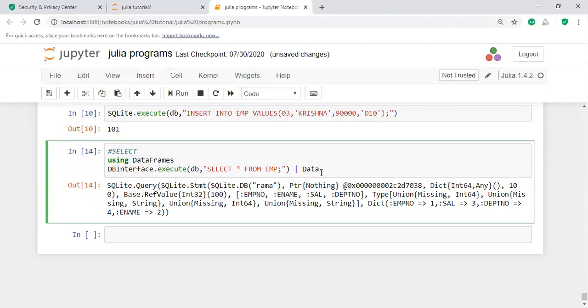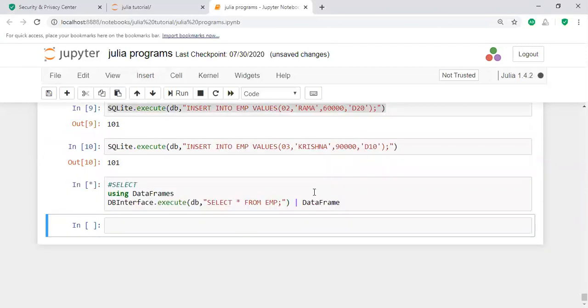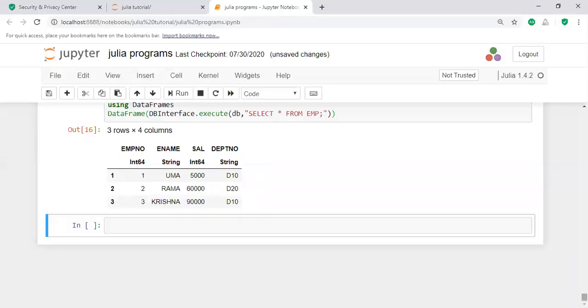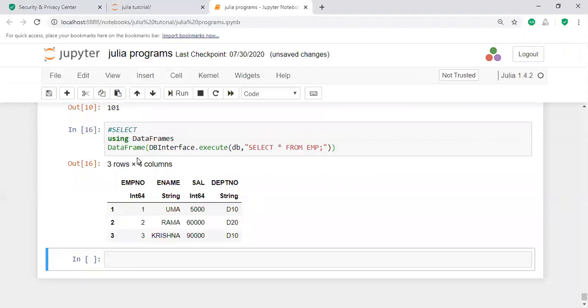Yes, it is executed, and it is showing the values in a particular order here.